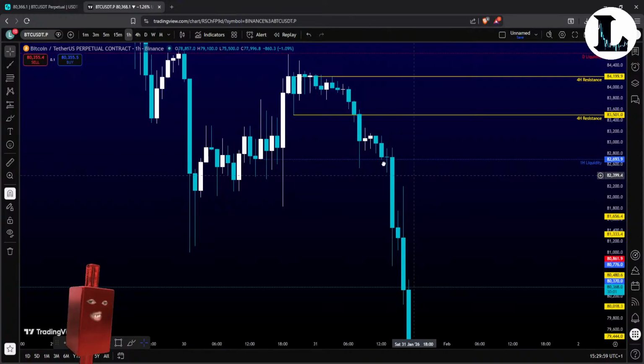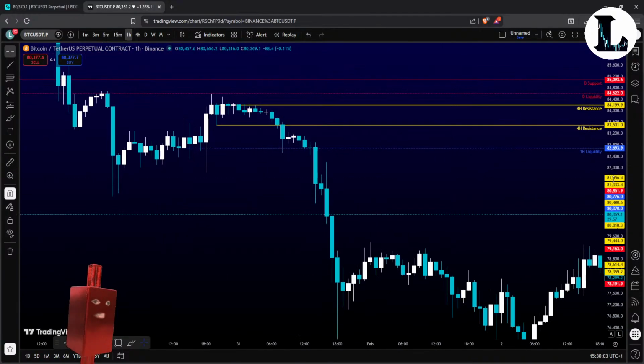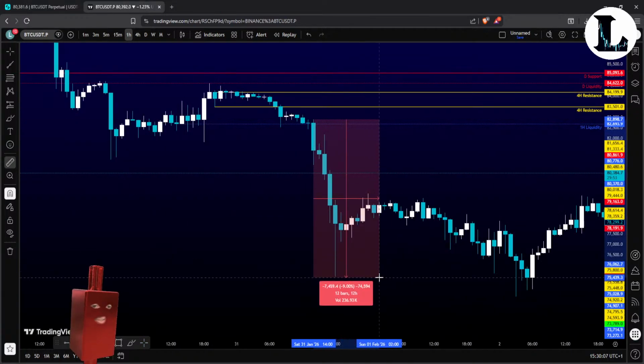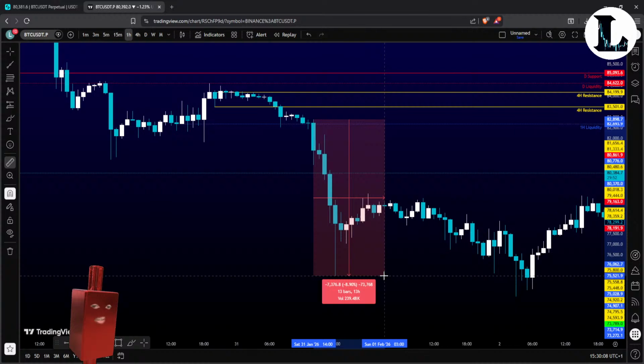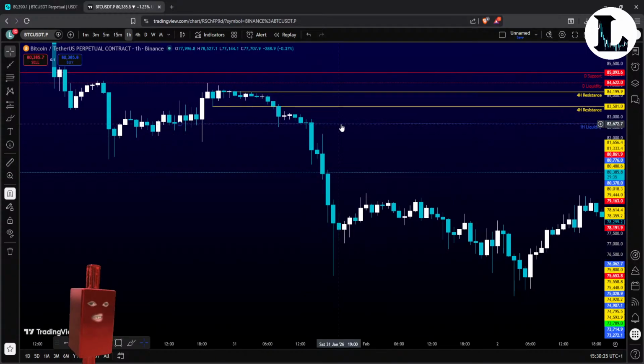Okay, it breaks really hard, and that's why I call that a big liquidity level. Even though it's just on the 1 hour, you can see that we broke down kind of straight down, not even a white candle here on a 1 hour, 8, almost 9% down from that liquidity. Maybe a little bit less than that, but that's fine.